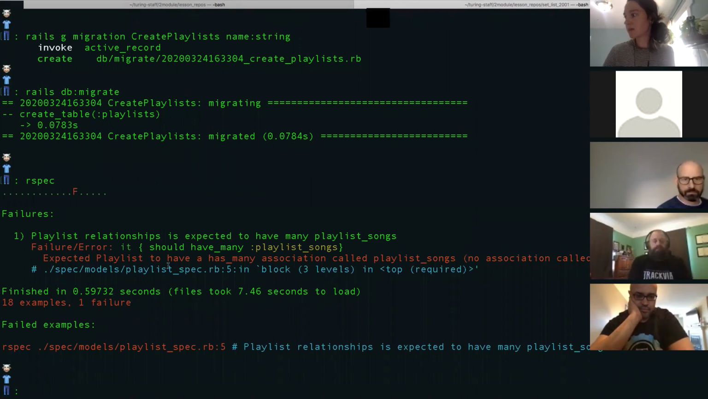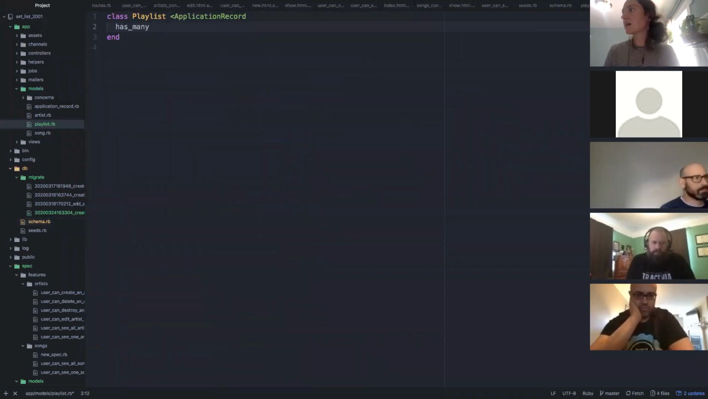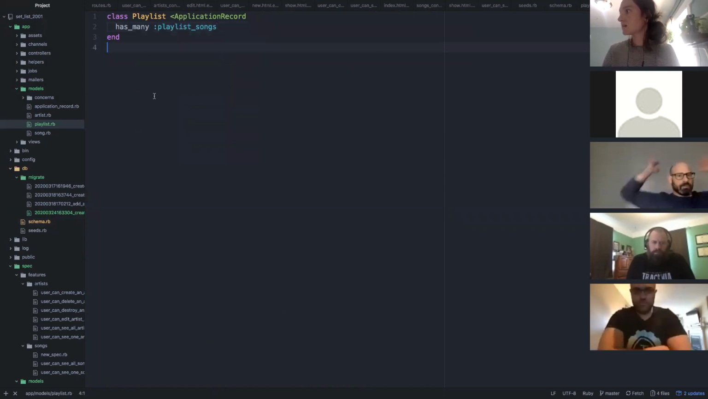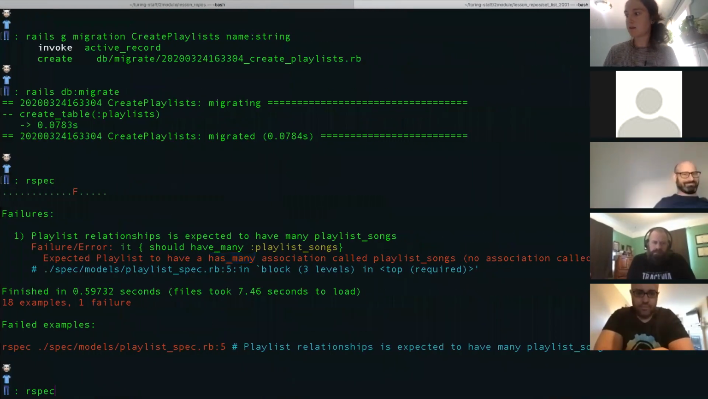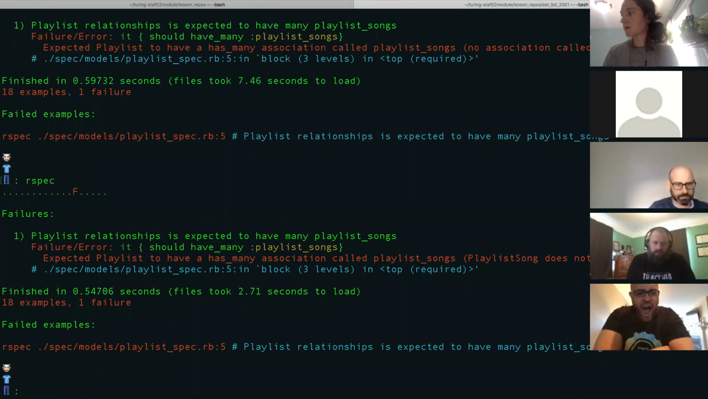And we have this: expected playlist to have a has_many association called playlist songs, but no association called playlist songs. So I'm going to just put that in the model. That's where that association is going to live. So in our model for playlists, we want this to say has_many :playlist_songs. And let's keep that there. Let's try this now. Cool. Expected playlist to have a has_many association called playlist songs, similar error to before, but this time